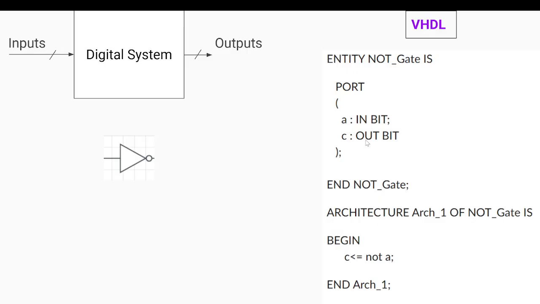So we are defining the architecture for this entity, and we say architecture, you can give any name you want. I'll just say arch_1 of NOT gate. So the architecture for NOT gate is, that's all the language norms you need to use for VHDL. Then you begin,